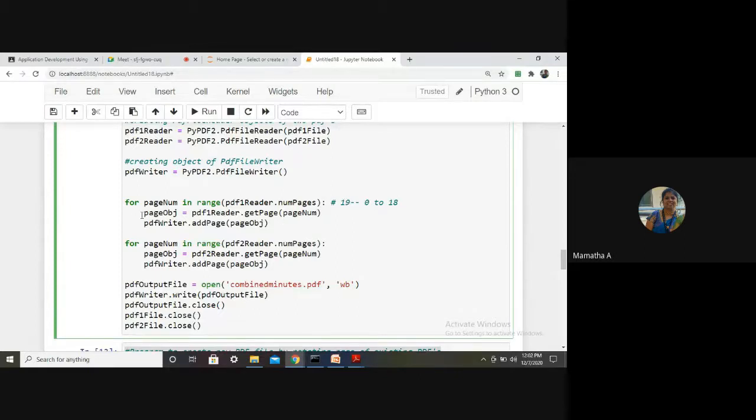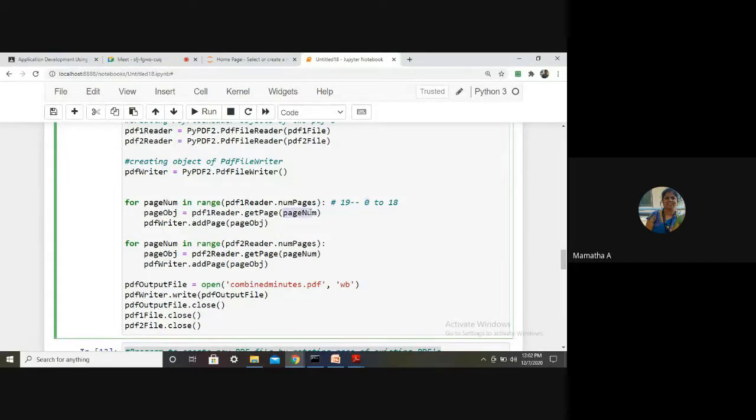Earlier we extracted one page. Now I am extracting all the pages. Can you see? Page obj is equal to pdf1 reader dot get page, page num. What is the first value of page num, students? 0.